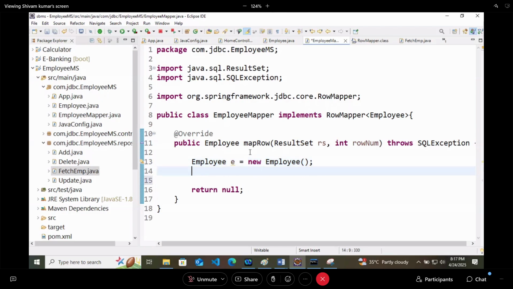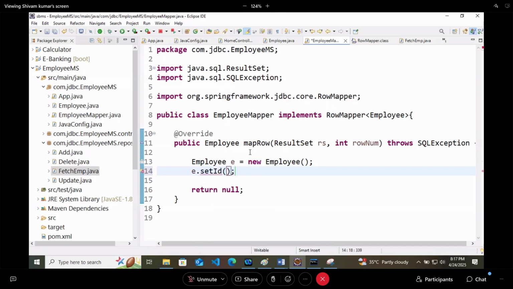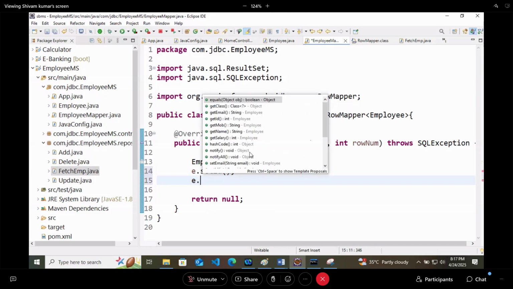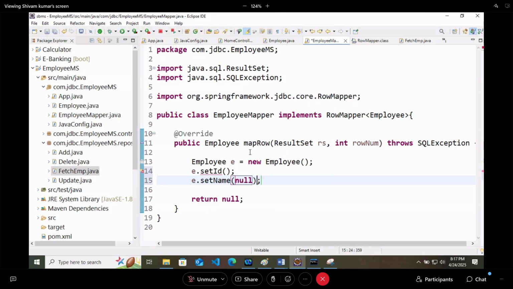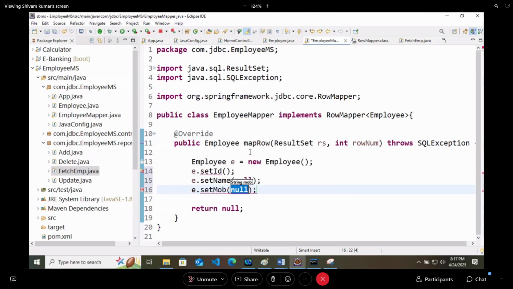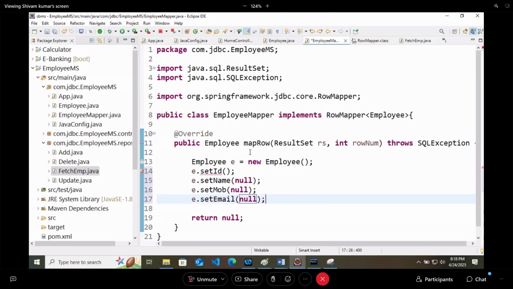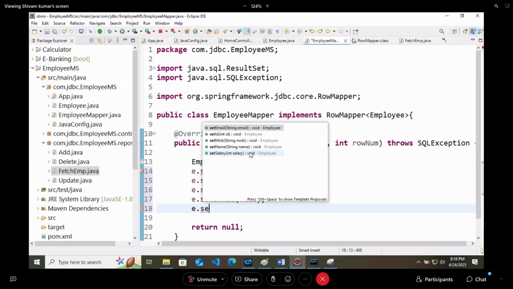Now we have to set the values. So e dot set id, e dot set name, e dot set mobile number, e dot set email, e dot set salary.